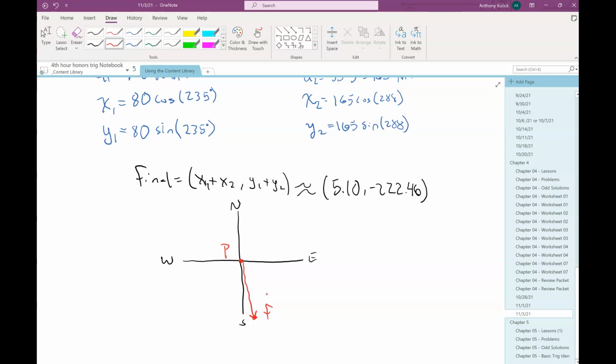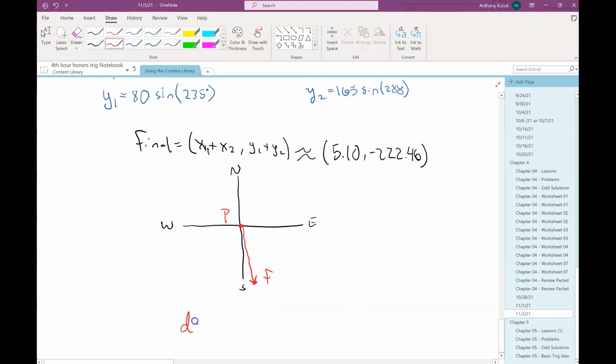The distance formula is the square root of x1 minus x2 squared plus y1 minus y2 squared. In this case, notice that one of our points is the origin, 0, 0. So it's really going to turn into the square root of x1 squared plus y1 squared. So our distance is going to be